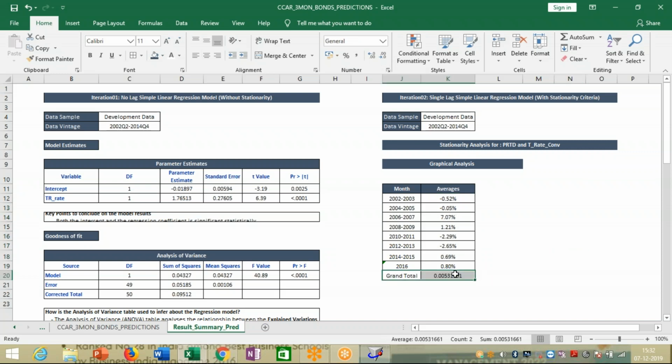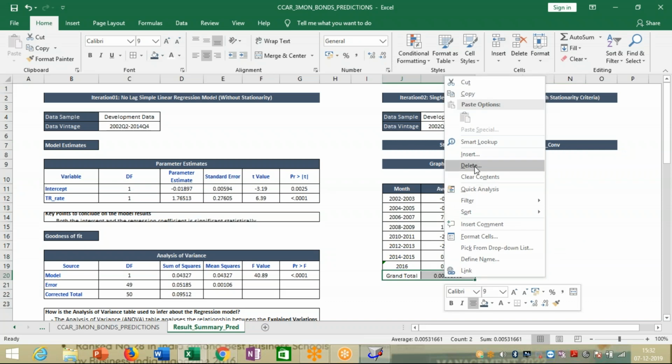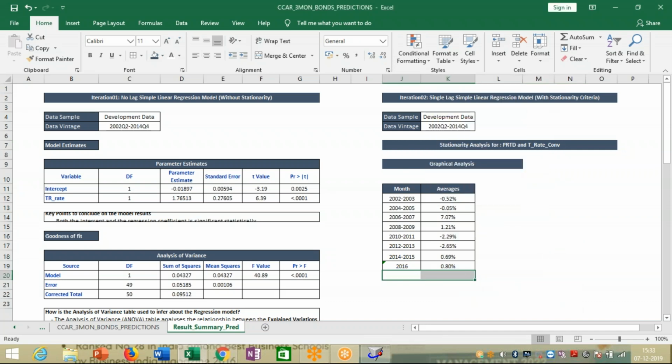And then what we'll ideally look into is how these means impact each other. One thing that we can clearly see is that there was a rising trend on an average from 2002 to 2007, which is pretty obvious, and then a sharp fall in 2008, 2009, and then the average